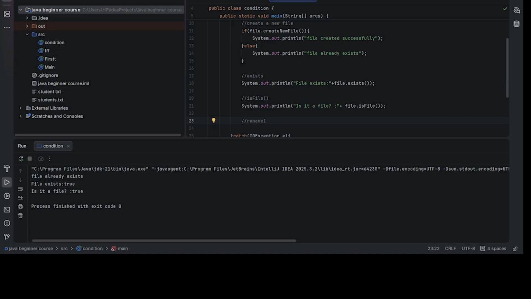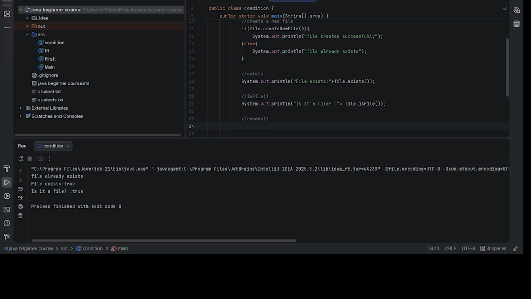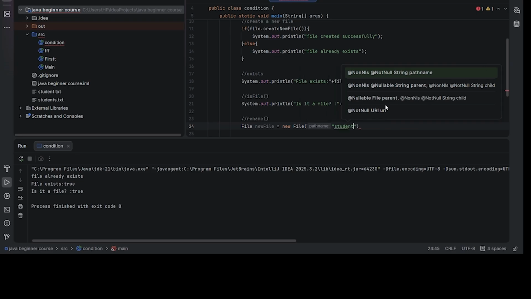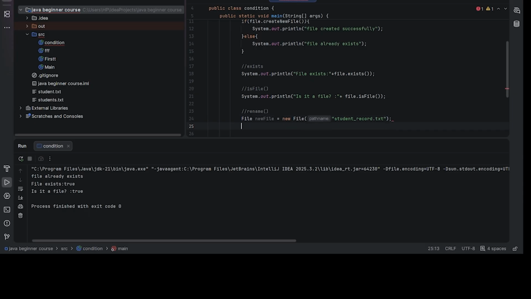Rename is also one method. Okay, renaming the file. We create a File new file equal to new File. Inside that I'm creating a new file name. What I'm going to rename it to will be stored here: student record dot text. And then I'm going to check if